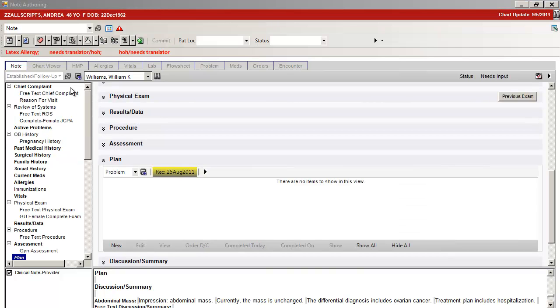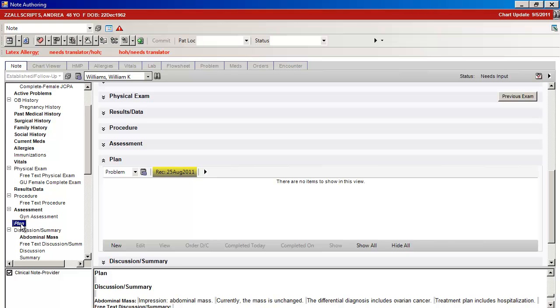Requirements for the clinical summary for meaningful use require entering data for the reason for the visit or chief complaint, the updated problem list, the updated current medication list and allergies, immunizations that were administered during the encounter, any procedure that was performed during the encounter, the assessment of the problems for that visit,